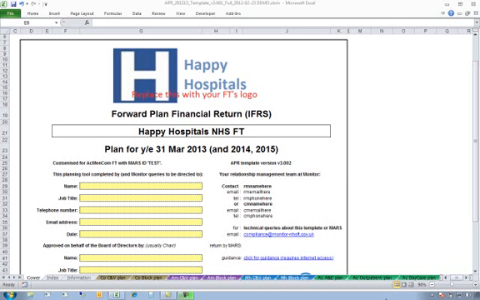The transaction sheet is a new sheet this year. It's only intended for those foundation trusts which have taken over the NHS services of another body in a transaction, either through transfer and community services or separately. The sheet is new this year because in last year's template it was possible for trusts to